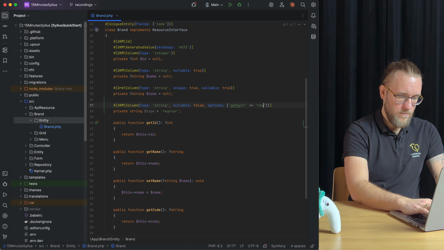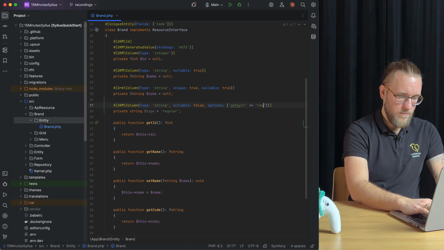Okay, so I started very simple, even in a trivial way. I put in a new property named type, with a default value named regular, and it has the getters and setters. But right now I think I also created a migration, which I have not applied yet, because I figured out that